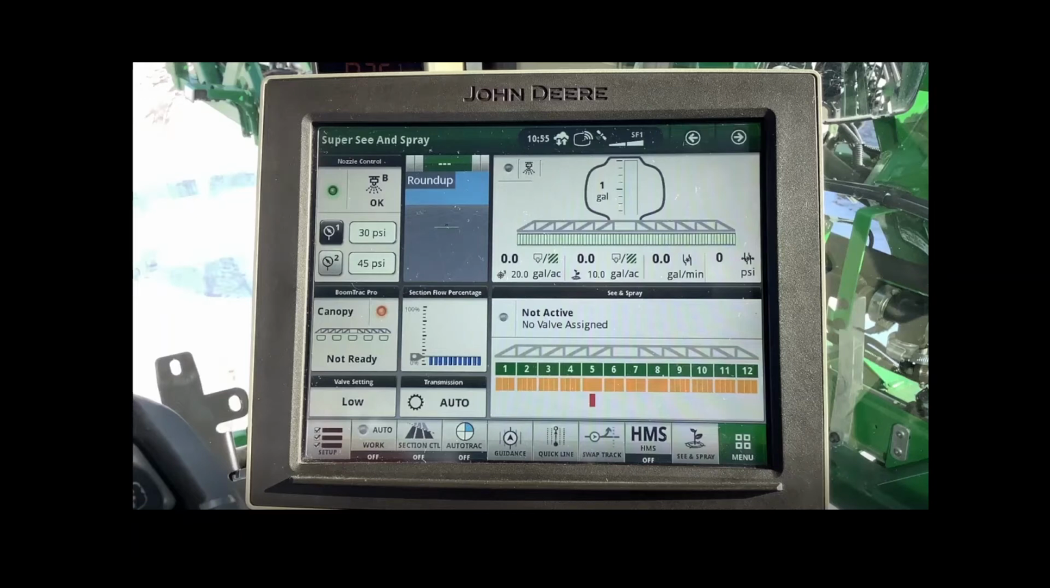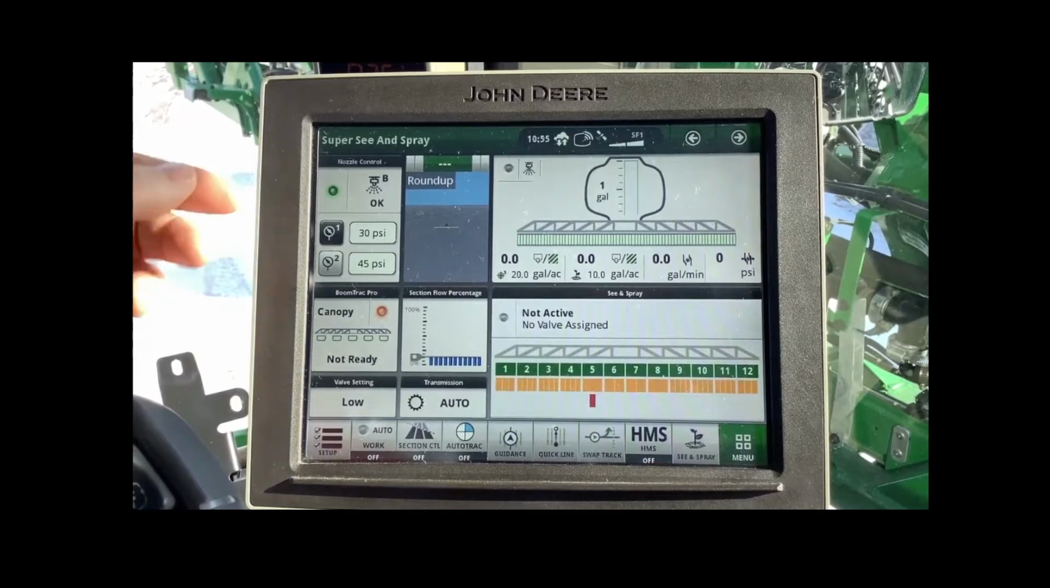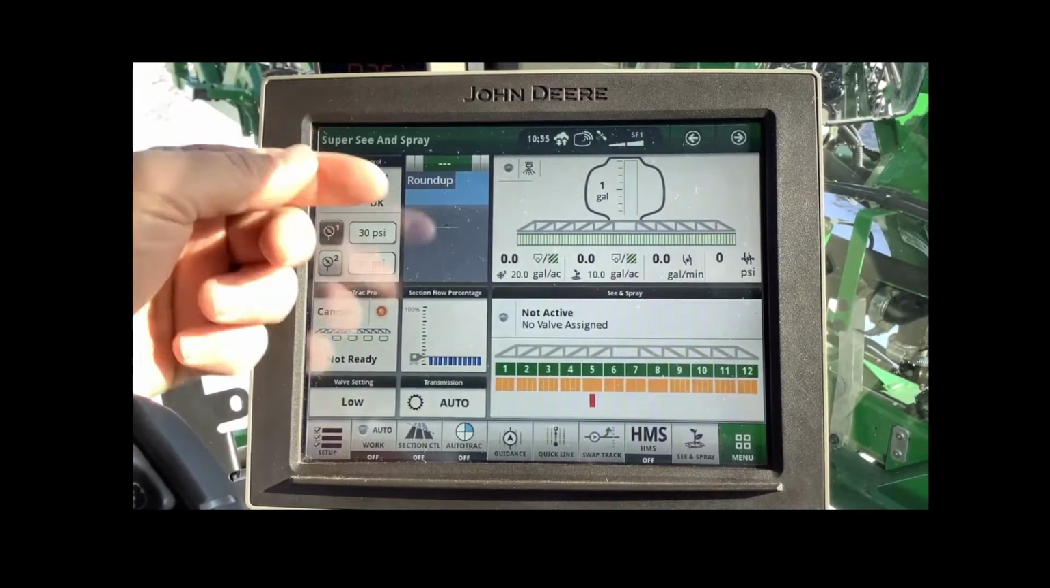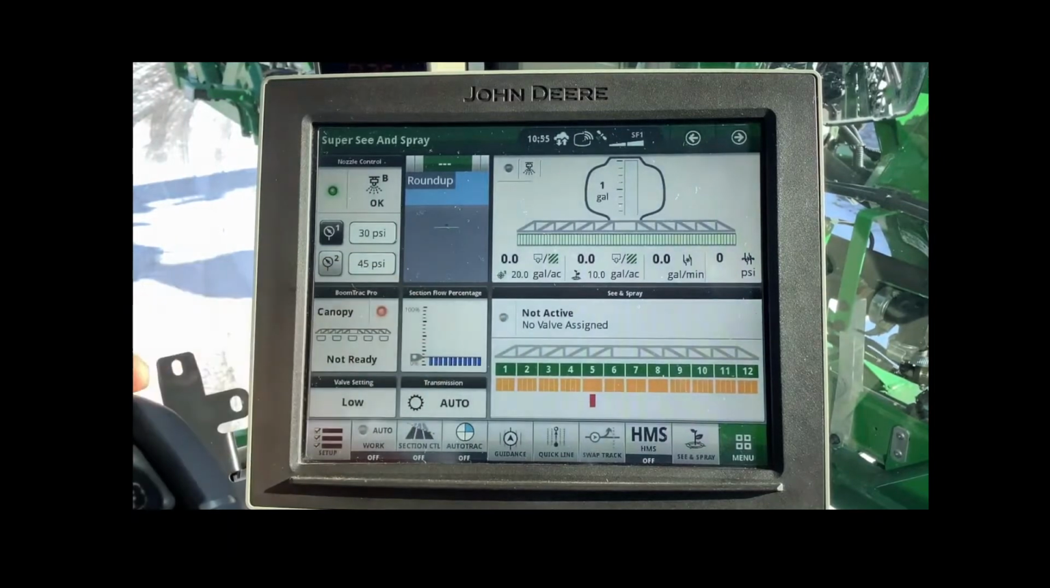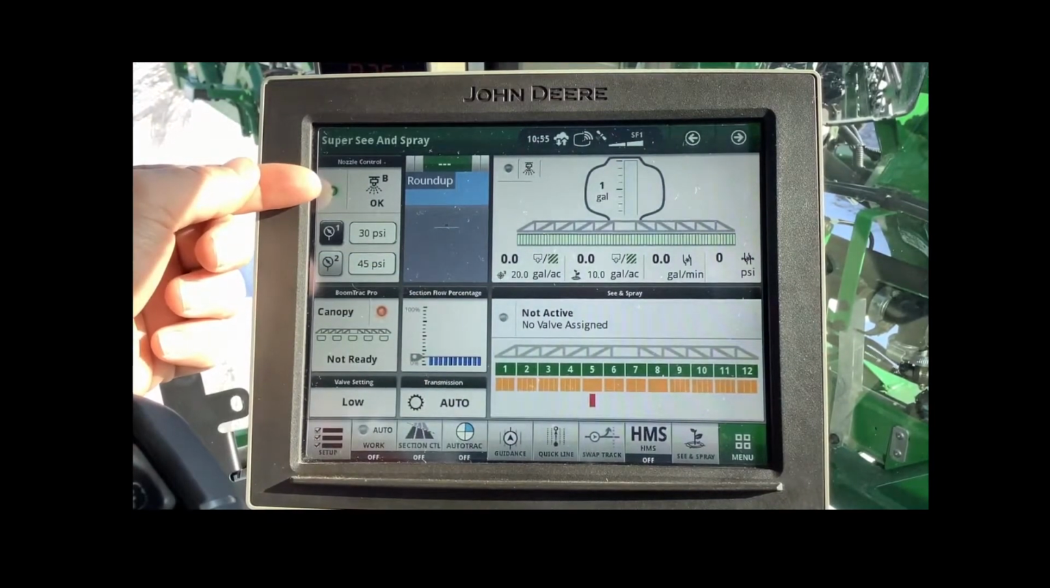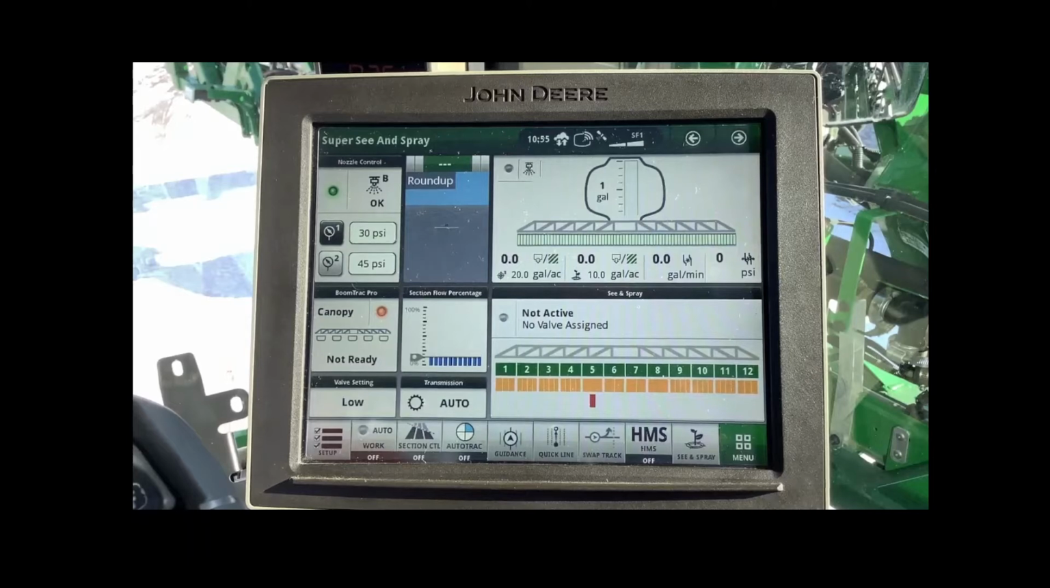In this video, I will demonstrate the navigation and setup of See & Spray, all from a home page. Looking at the home page, you can see we have a See & Spray status menu, and it says not active, no valve assigned. Assigning a valve is done through the nozzle control, and the fastest way to do it is to access the